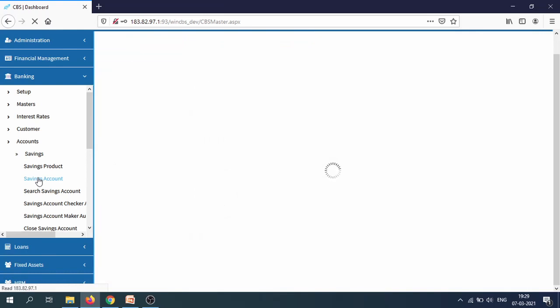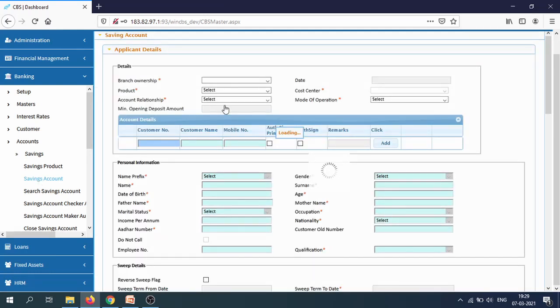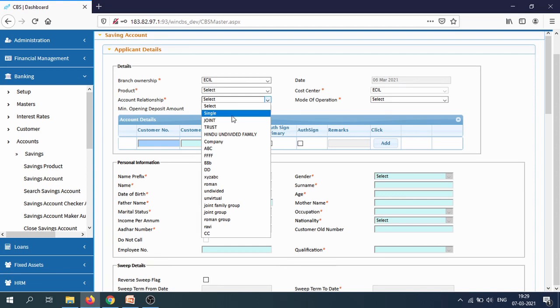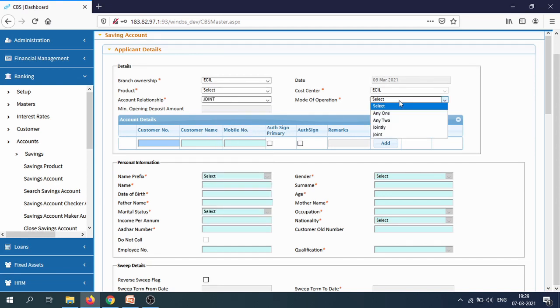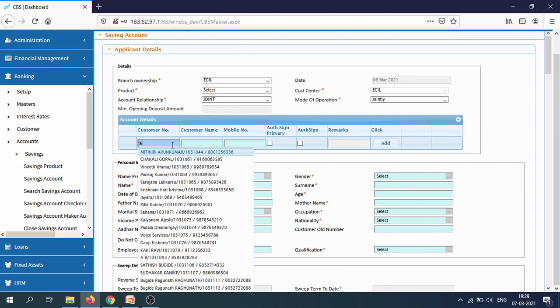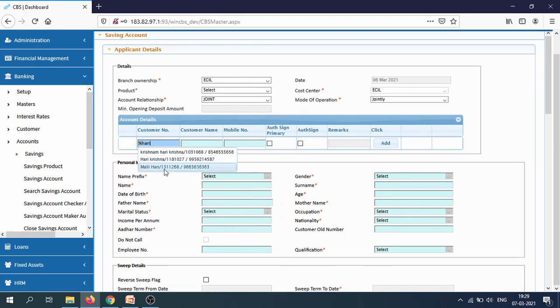As a maker, I am creating a joint account. Joint account, I am putting as jointly. Hari is the primary and authorized signatory.